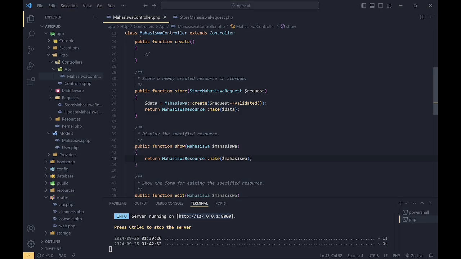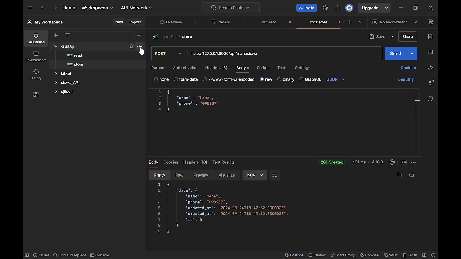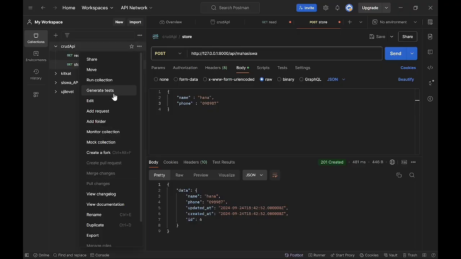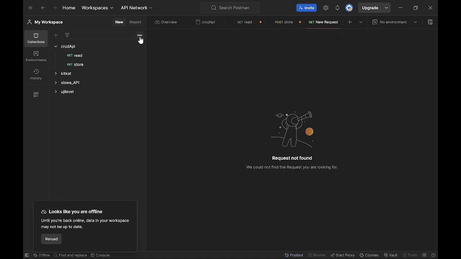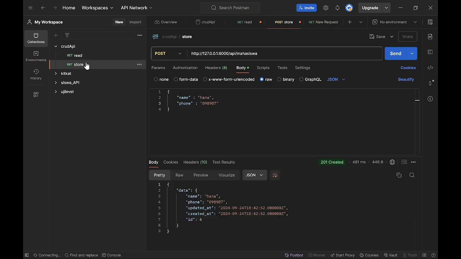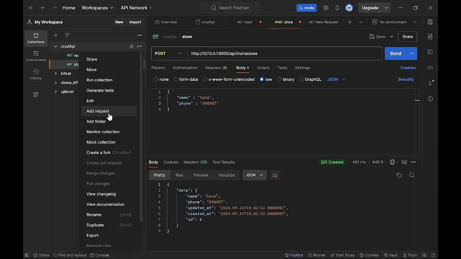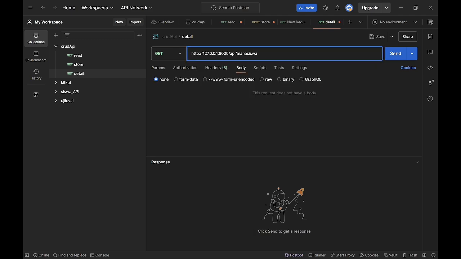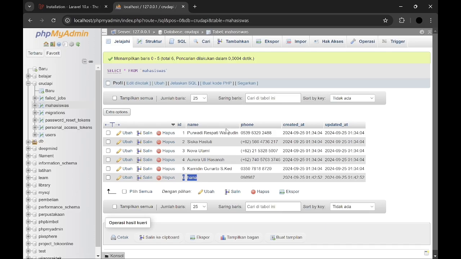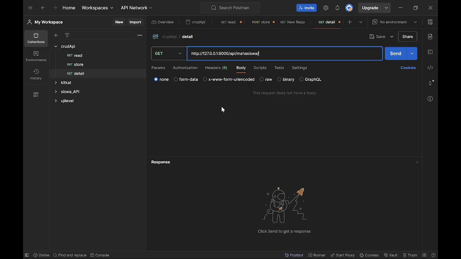Use return mahasiswa resource like this, and then we make a new request again, and I change the name to detail, and for the method is GET, and then we paste the URL, and we add the ID like this.